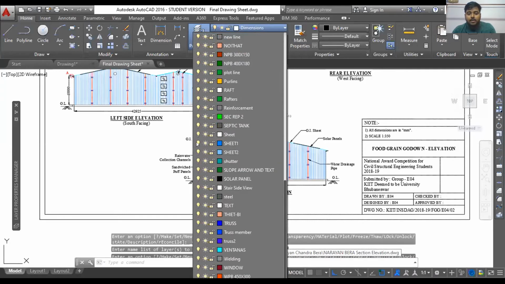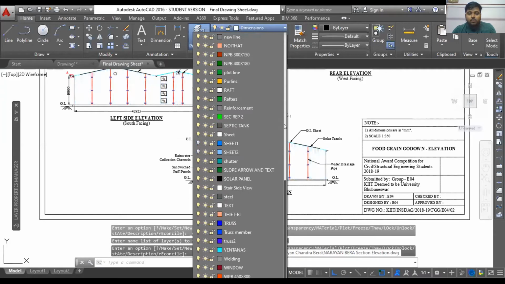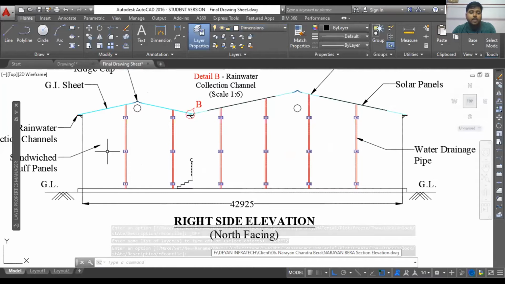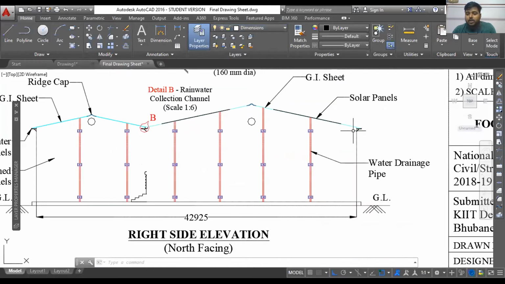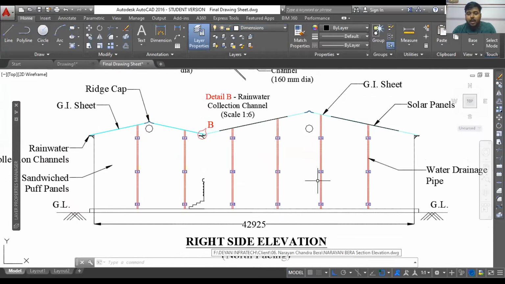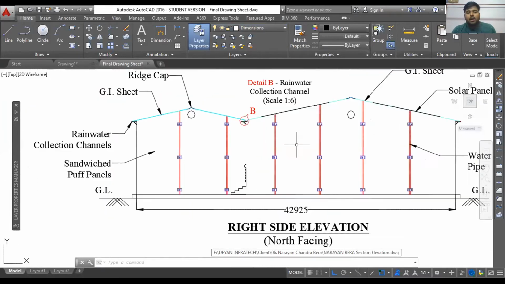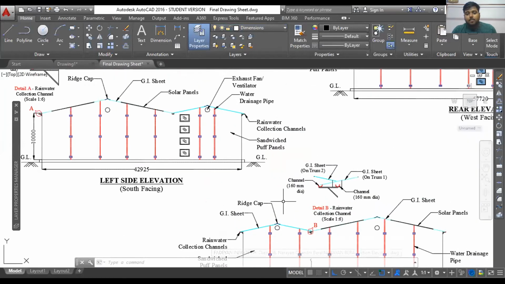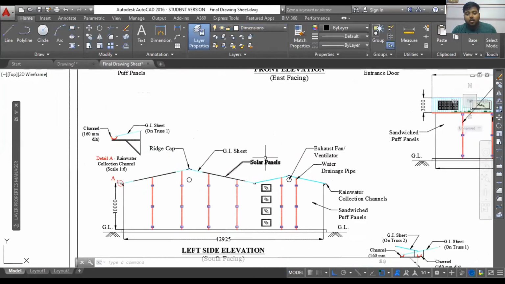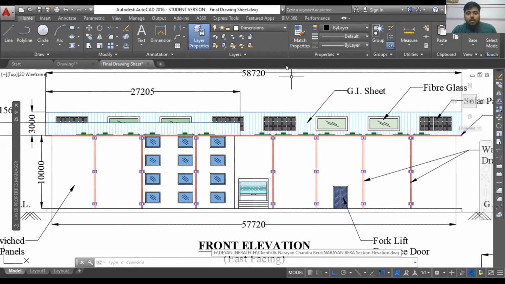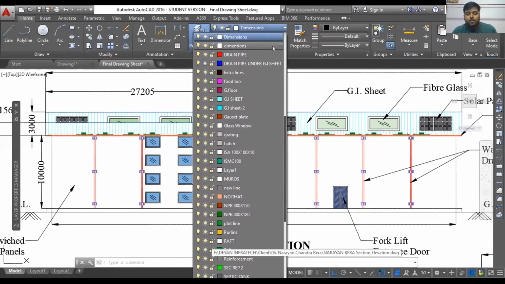For example, in my case, I'm switching off these two, sheet 1 and sheet 2. So easily I can show this to my client and say that this is basically the shape of the building. I can show the dimensions here. Okay, and this is how it will look without the sheet. I mean, without the GI sheet, the covering wall claddings. So there is a lot of flexibility. You can turn the layers on and off and use those. Okay, so that's how you're going to level up your drawing.